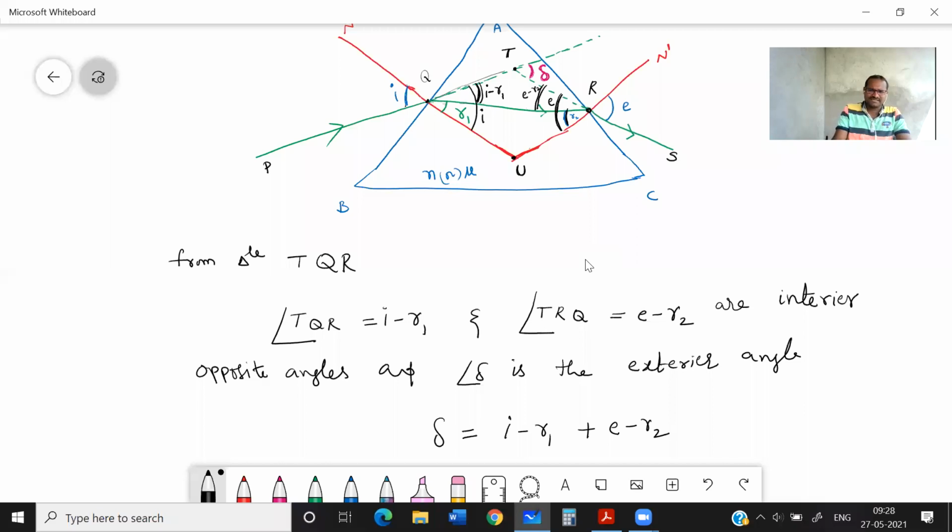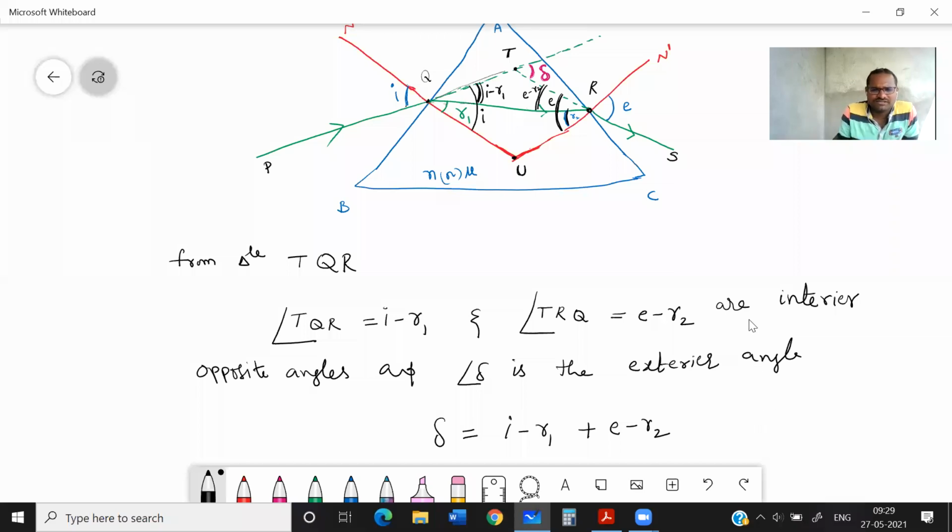Suppose here one triangle is there, like this. Imagine this is angle A, this is angle B, this is angle C. Then we can say angle A will be equal to B plus C. The exterior angle is equal to the sum of the two interior angles. Always it is valid. Remember. Clear? From that property I have written that one.